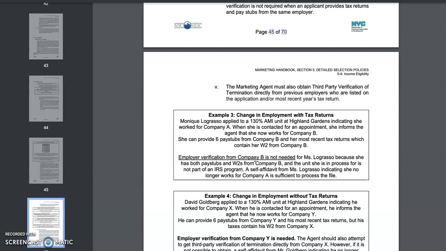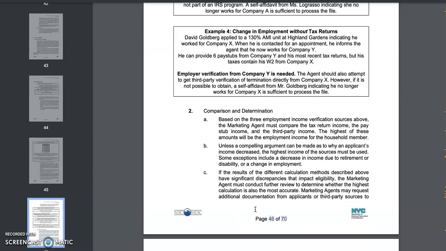Because even with me being on a development team, mistakes do happen. I have caught a lot of mistakes where someone could have been rejected or deemed ineligible because of a staff error. And that's the reason why I'm doing these videos, guys. So you on the other side could get an understanding of it. So when you go to these interviews or when you speak to them, you're so confident that you have them on their toes. That's what I want you guys to do.